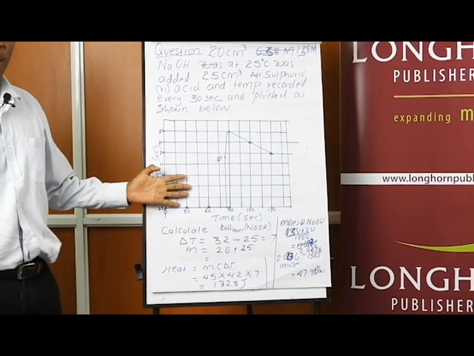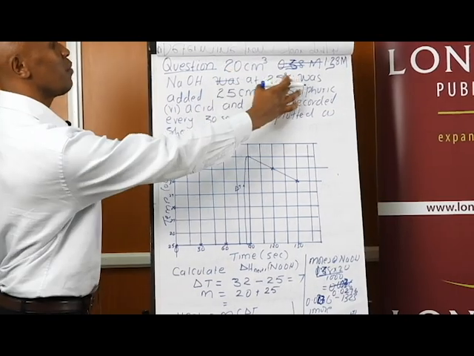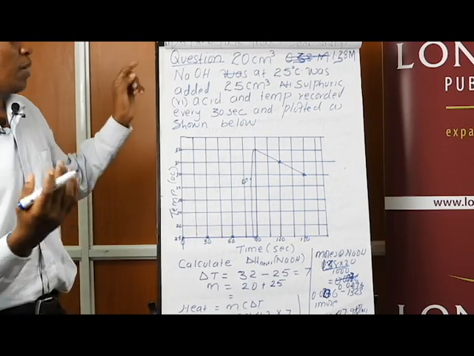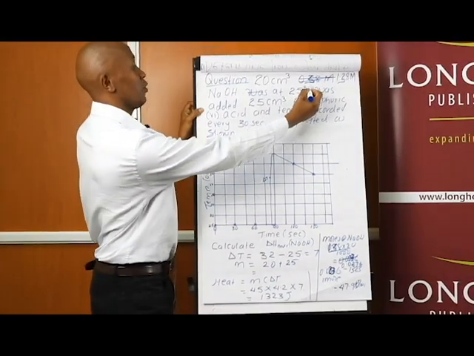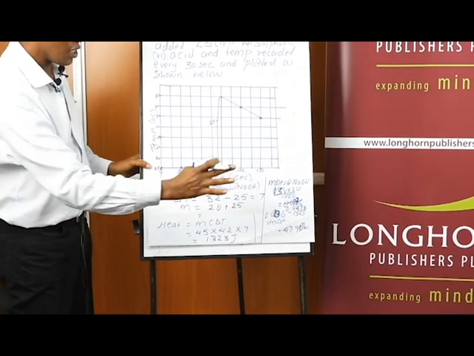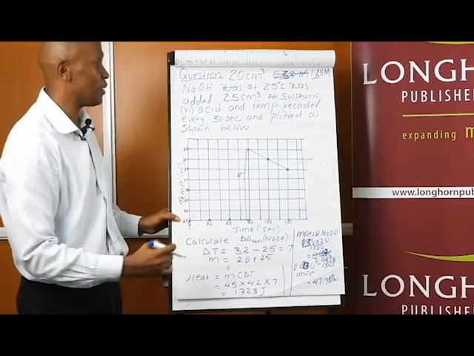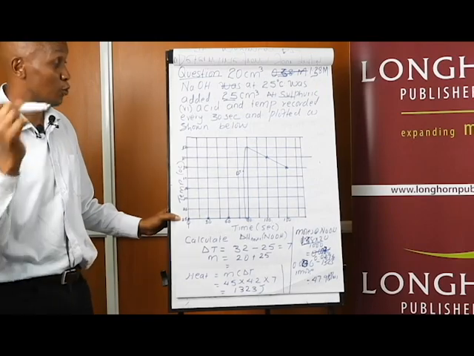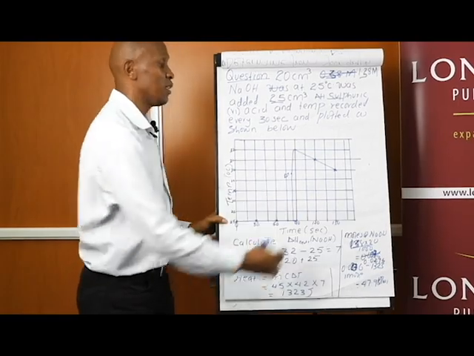This is another experimental approach, where we take a given volume, 20 cubic centimeters of 1.38 molar sodium hydroxide. You maybe put it in a beaker. Then you measure its temperature, like I've measured the temperature of that solution every 30 seconds, initially, for 1.5 minutes. Then proceed to add 25 cubic centimeters of sulfuric acid to the same. Then measure the temperature continuously for